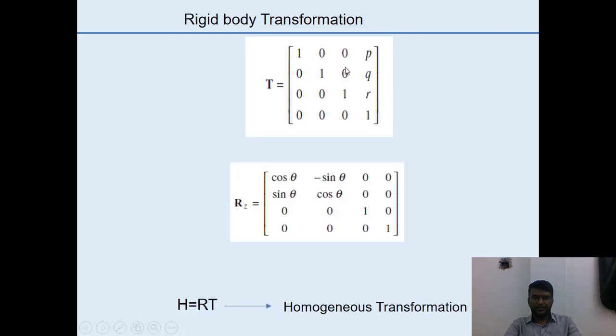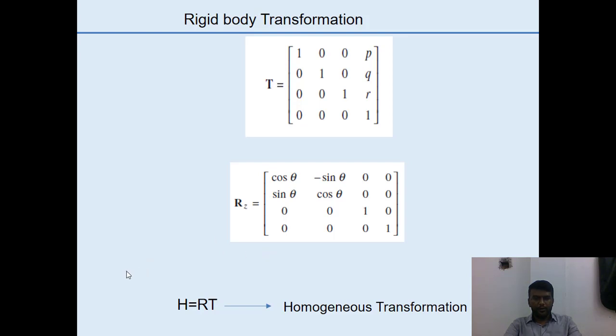This matrix is the translation matrix for three directions. We have seen it for two directions, P, Q and 1. When we have translation in three directions, we just add an R here. R is the third direction, P, Q, R: P and Q in the x and y directions, R in the z direction. And for rotation about the z axis in three dimensions, one more row and column is added. This is called a dummy row, dummy column, to convert this into 3D.